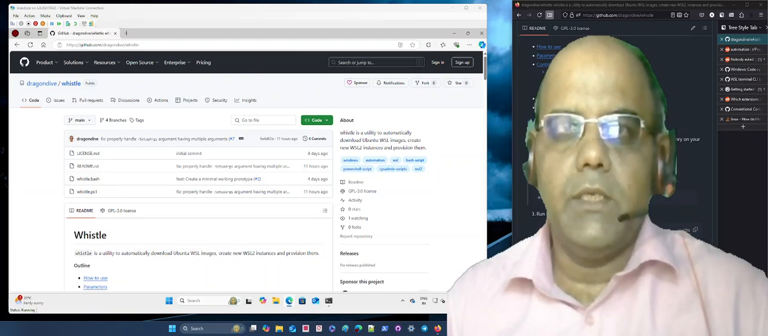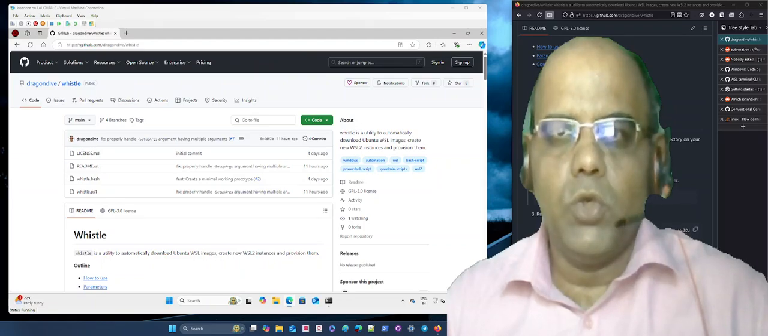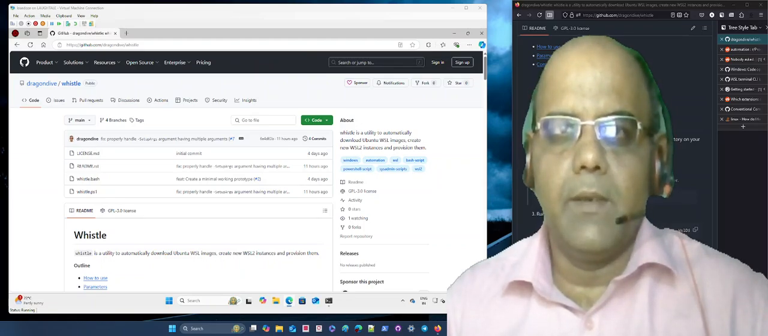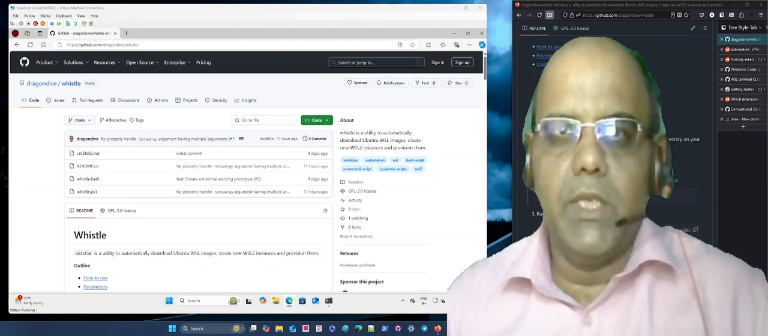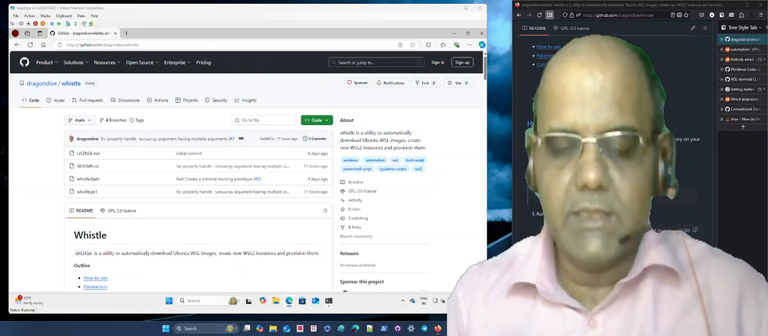In the first part, I'm going to do a live demo of the utility. In the second part, I'm going to do a code walkthrough. And in the third part, I'm going to do a live demo of adding a new feature to the utility known as a setup bundle. So let me now quickly go to my other screen